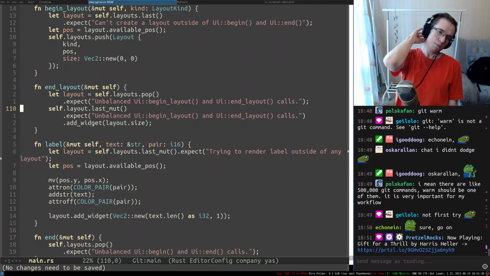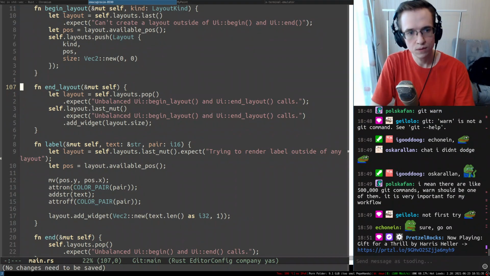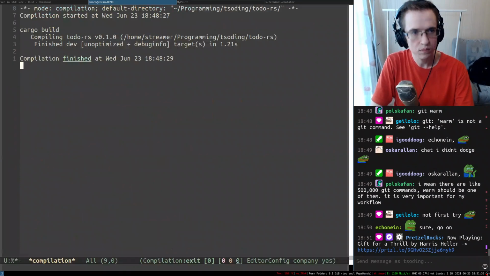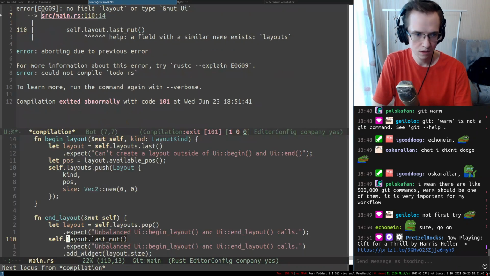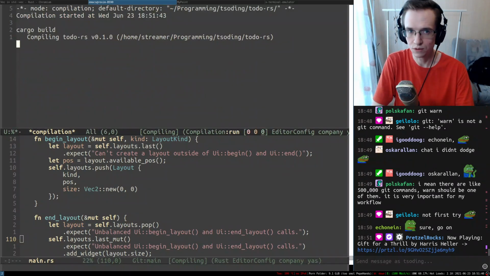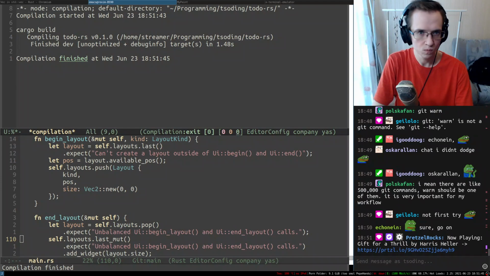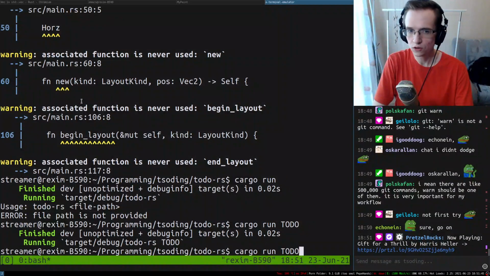So, yep. Now let's run it. Layout S. There's several of them. Okay, so